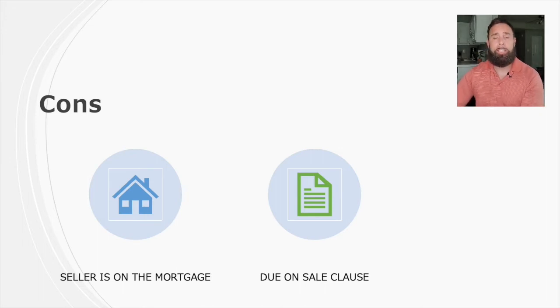So just because, let's say for example, USAA calls me tomorrow and says, hey, we need all $250,000 you owe us. And even though I have mortgaged the property for 30 years, they have that right and it's in their contracts. Why is this important? Because one of the due on sale clauses is that they have the ability to call the note due if the property ever transfers from seller to anybody else, which is in every contract. So I always tell my sellers, this is always a possibility.